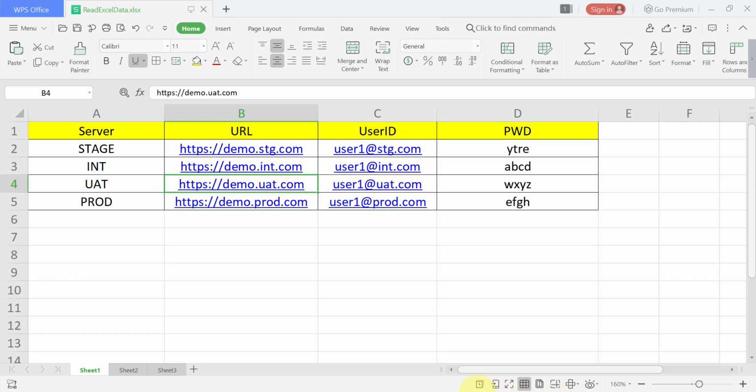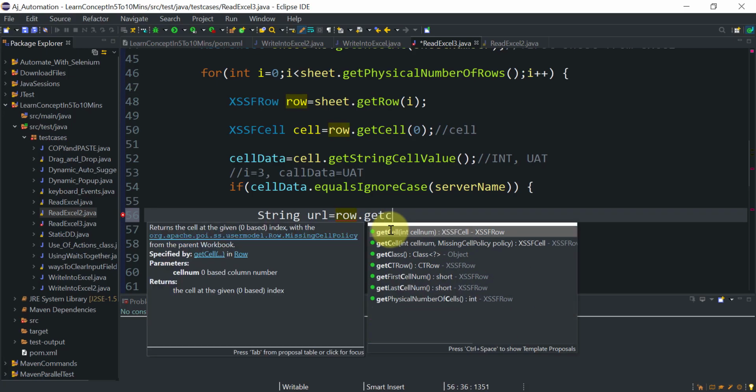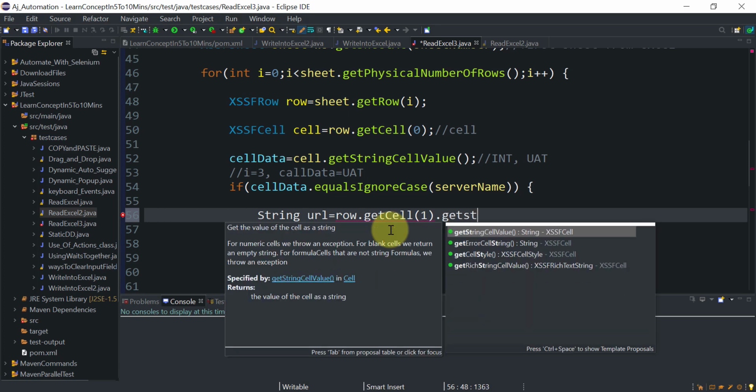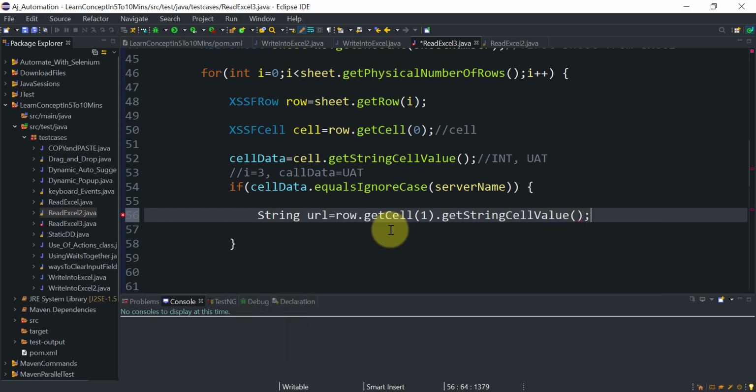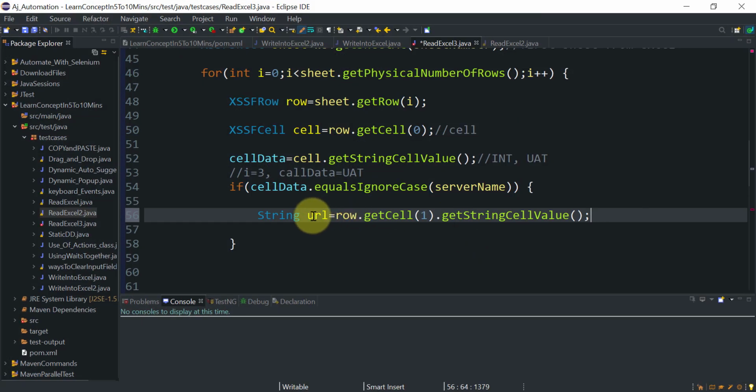So we'll do row.getCell, we will get the cell, and which cell do I want? The URL is in the first cell, right? Then getStringCellValue. So here we will get the URL value, whatever value is available at the first cell.